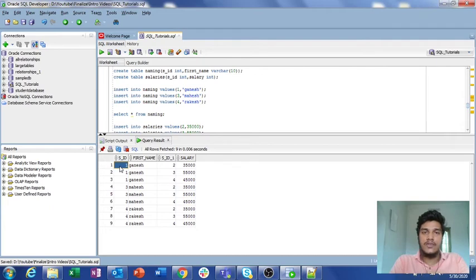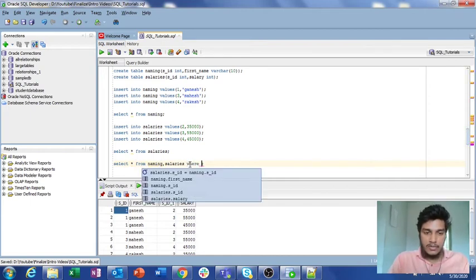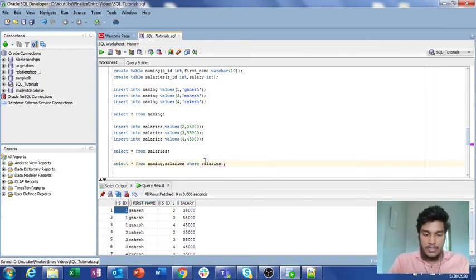Self join will retrieve all the comparisons, just like a Cartesian product. It will take one record from one table and compare it with all the records present in the other table. That is how it works in the self join. Similarly, whatever the join may be, inner join or left outer join, you can also specify conditions, just like in a select command. After writing the tables, you can specify a where clause.